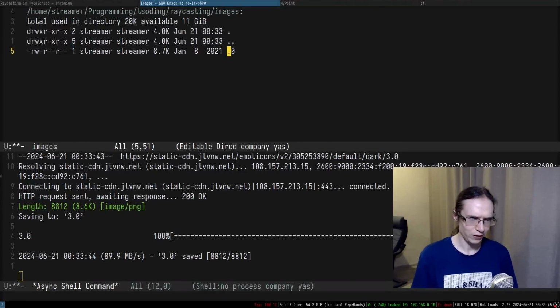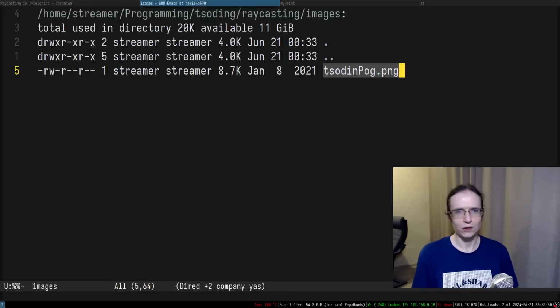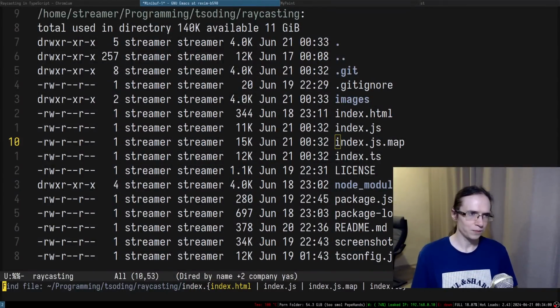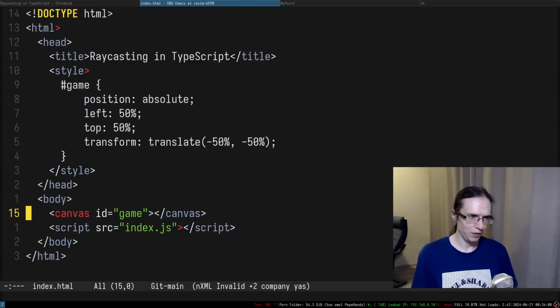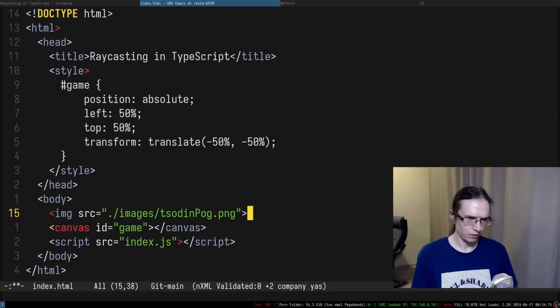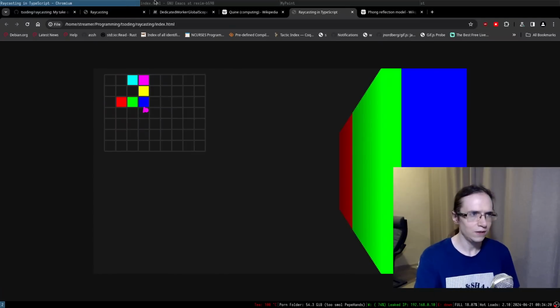Okay, so I probably have to rename it to Tsojin Pog PNG. All right, how do I load this into the web? I suppose I have to do something like index.html. And maybe simply image src. I vaguely remember how to do that. Right, so I can just do it like that. Images, Tsojin Pog PNG, like so. Right, and then in this specific place, in this specific game,